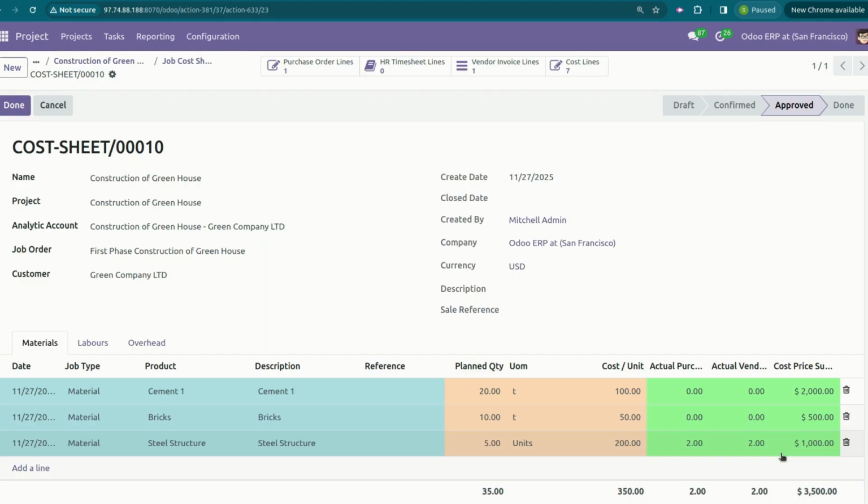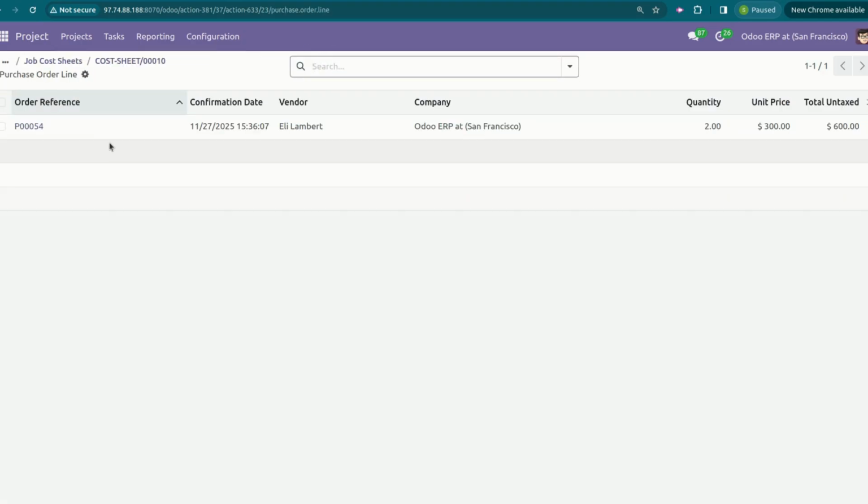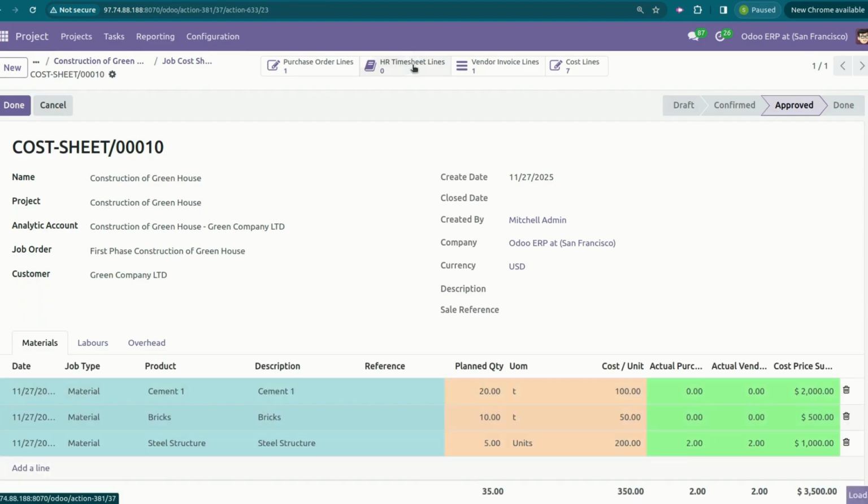Now this is the short video. If you have multiple lines, multiple products and you want to check this throughout the journey of your construction of the building for 1 year or 2 years or 6 months, all records will be added over here. You can see on the top all purchase order lines are linked, you can see here, and then the timesheet, we will come to this, vendor bill, all are linked on your job cost sheet.